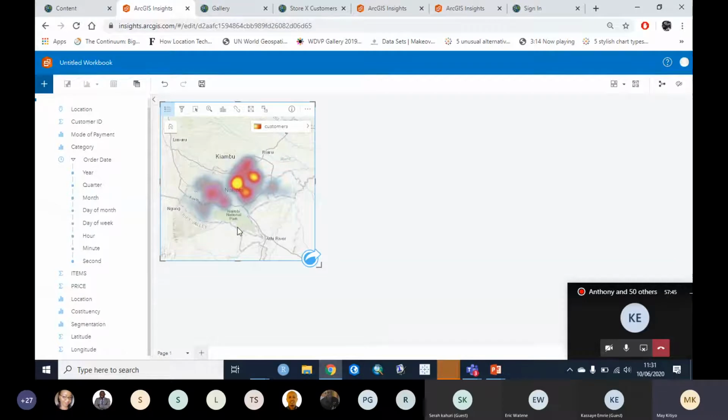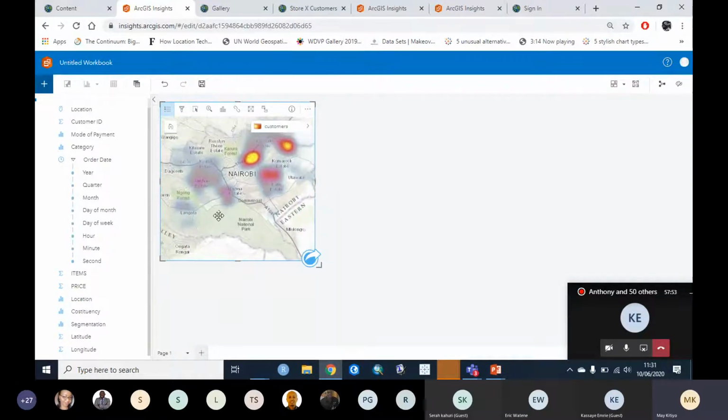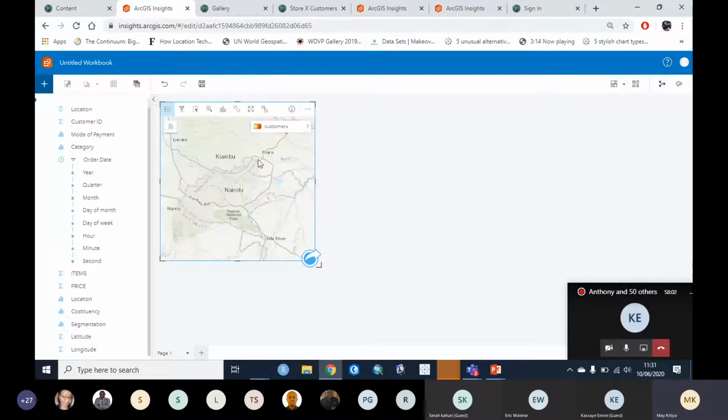You notice towards Langata, they don't have a lot of customers, while most customers are along Thika Road and these sides of Eastlands. So that's the first thing we're understanding about this file. We didn't know that. So for our first, I'll just call these customers